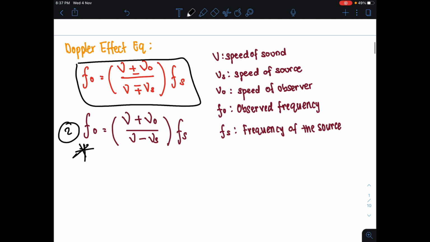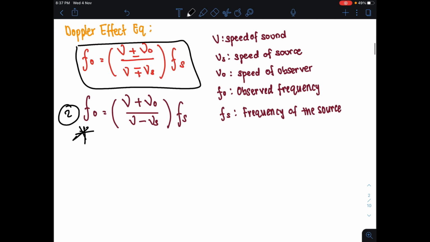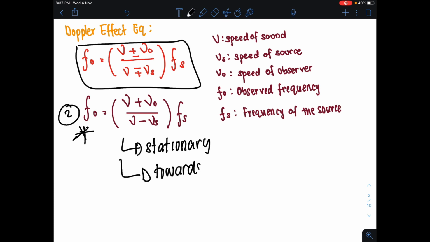So to make things easier, apa yang akan jadi adalah kita akan guna equation 2 ini dan kita akan berpegang pada 3 benda ni. Okay, 3 benda yang kita akan pegang adalah perkataan stationary, perkataan moving towards, dan juga perkataan away. Kita akan tengok pada perkataan ini dalam soalan. Okey, apa yang akan jadi adalah semasa you are going to substitute the value of your V's here, kita ada